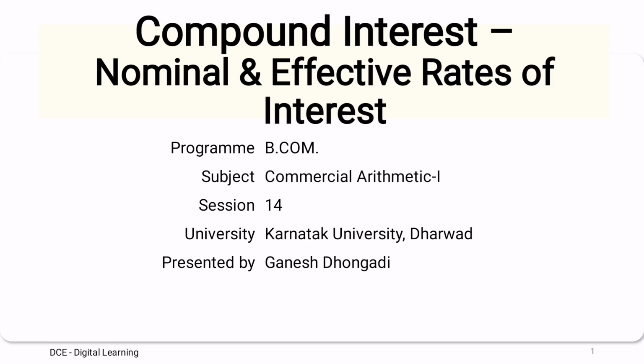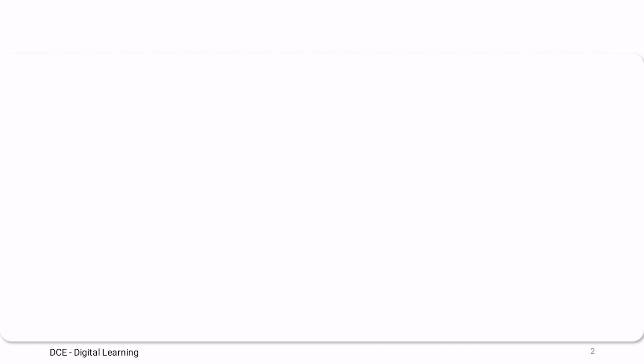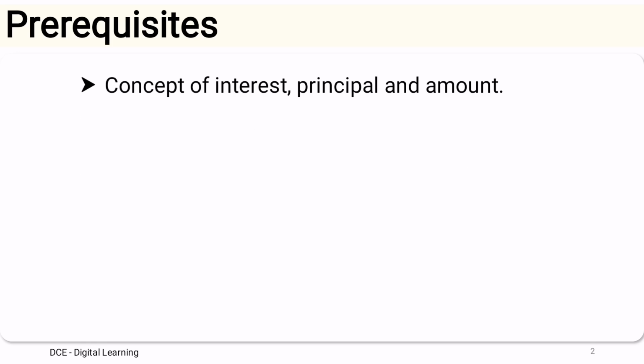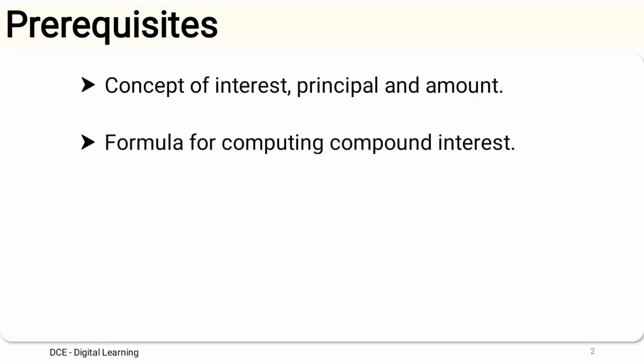We have been discussing the concept of compound interest and its applications in the previous sessions. So in this session, we shall discuss the concept of compound interest with respect to nominal rate of interest and effective rate of interest. The prerequisites of this session are the concept of interest, principal and amount, and the formula for computing the compound interest,